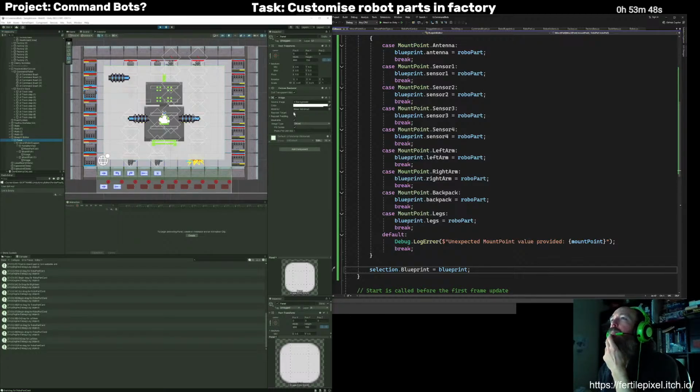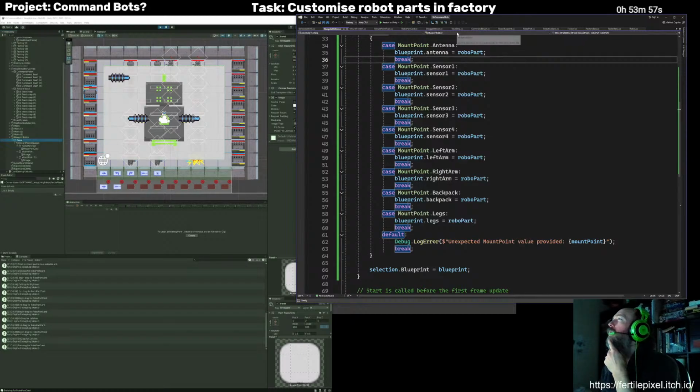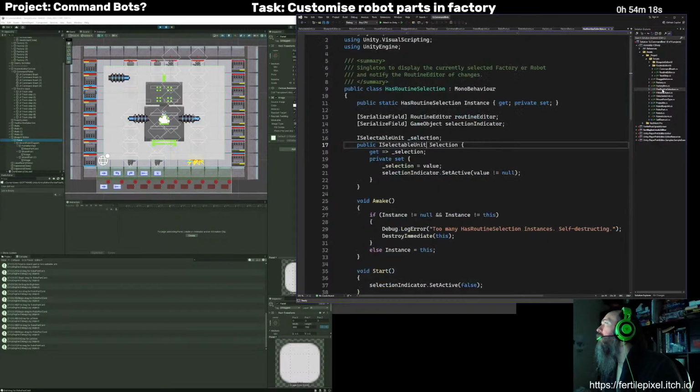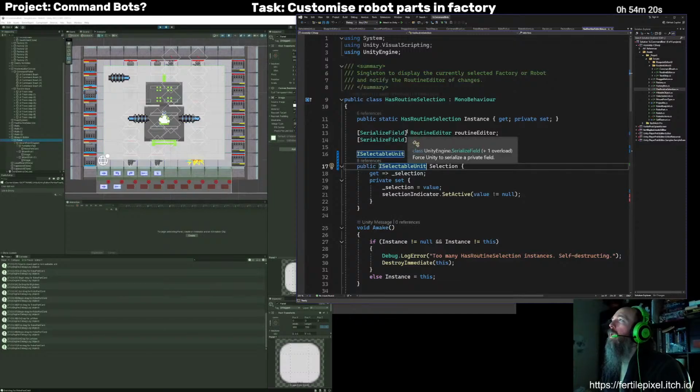It already seems to be a raycast target. So interesting. I want my has routine selection. This one here.